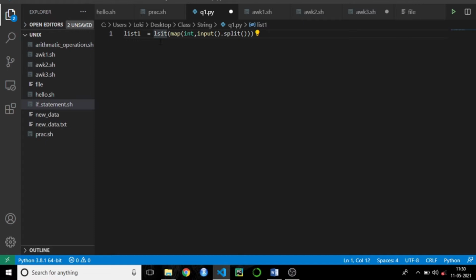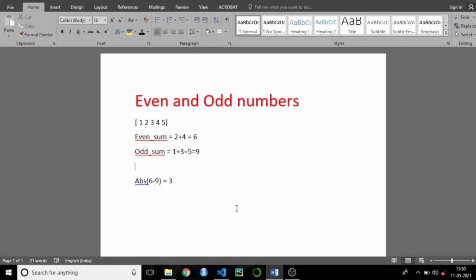In any interview round coding question, the major default input type is to take all the inputs in a single line. So you will be given a code and you need to take the input in a single line, like this 1 2 3 4 5 separated by space or separated by comma, whatever delimiter they specify. You need to take the input in that format.